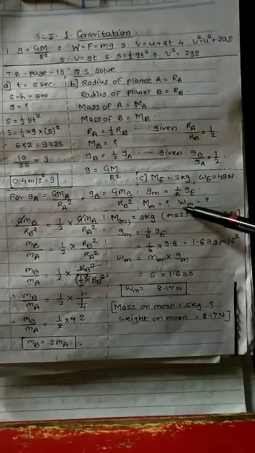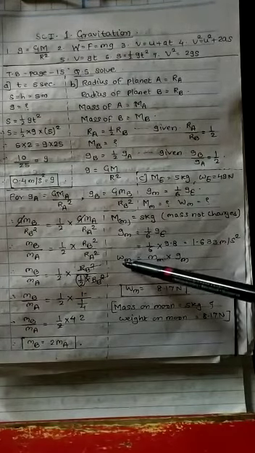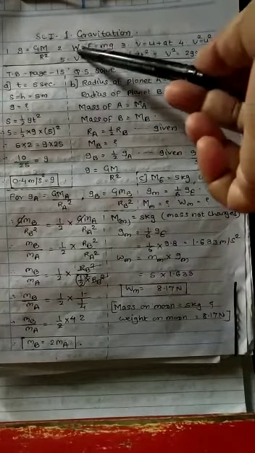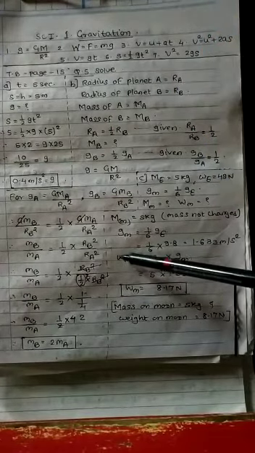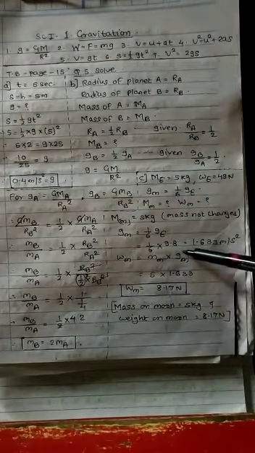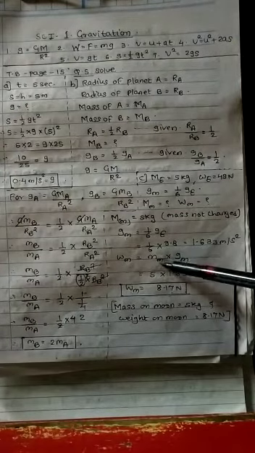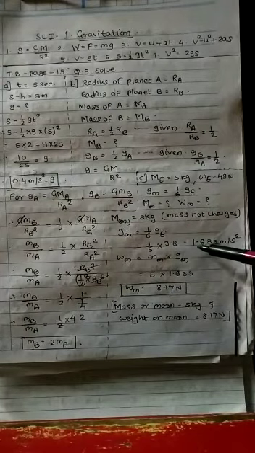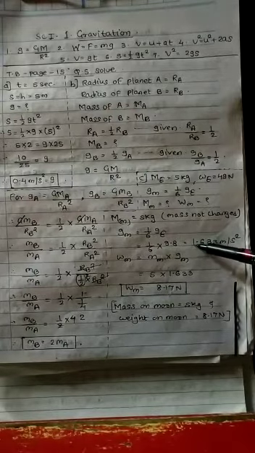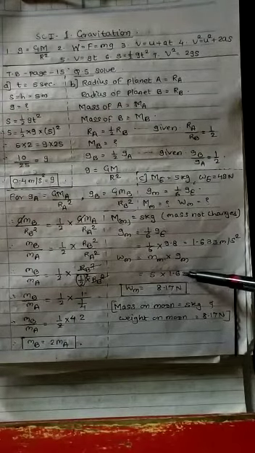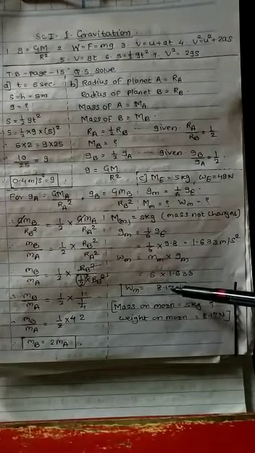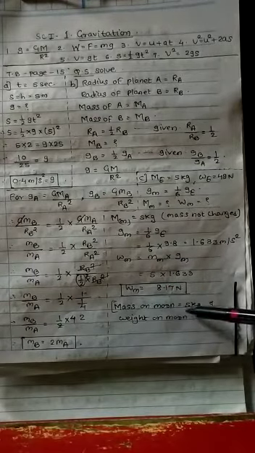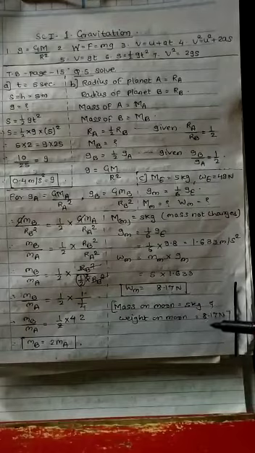Then here we find out Wm, that is the weight on moon. So again we use the formula W equals mg. See here, W is equal to mg, that is the weight on moon, with Mm the mass on moon and Gm the acceleration due to gravity on moon. The mass on moon is 5 kg. Then Gm is 1.633. So put here 1.633, multiply, and you get the answer 8.17 Newton. So this is your Wm: the mass on moon is 5 kg and the weight on moon is 8.17 Newton.